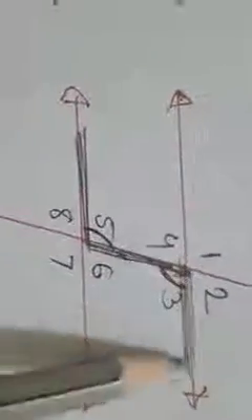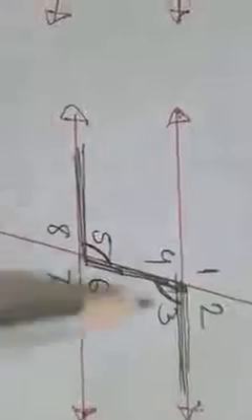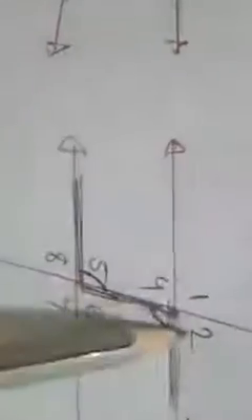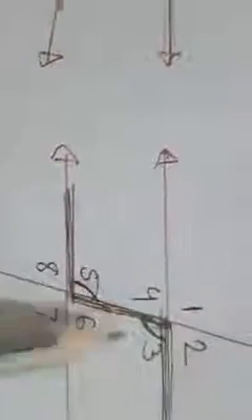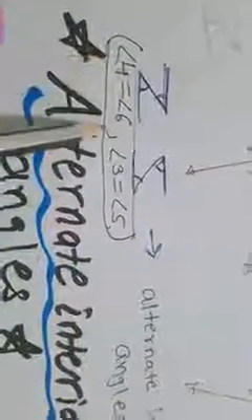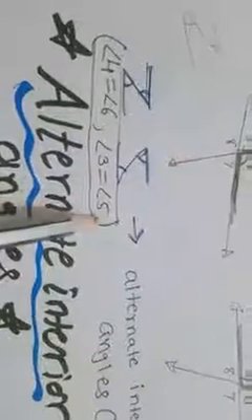Same for this figure. If you consider this Z shape, then 3 is paired with 5. And if you consider this Z shape, then 4 is paired with 6 as alternate interior angles. Then 4 and 6, 3 and 5. Got it? And a very important property of these, when you are solving the problem, you must remember that